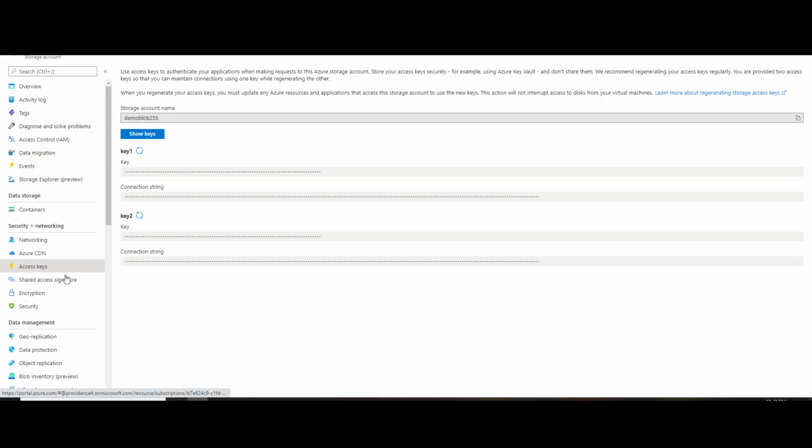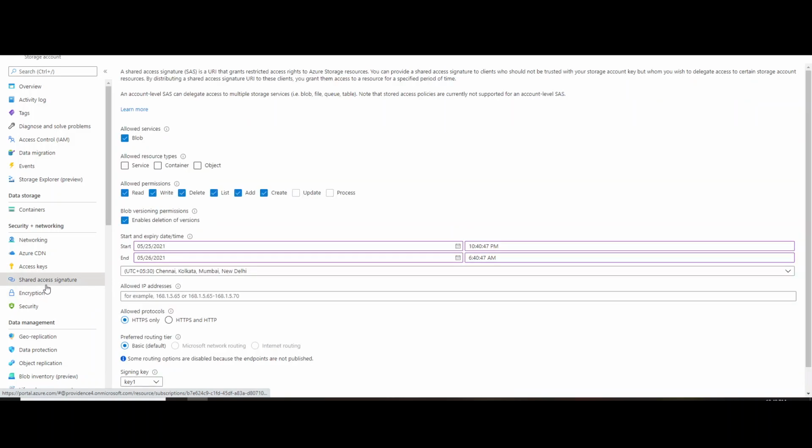If I select the access key option on the left side, you can see the storage account name and these keys. Using this connection string, you can see almost everything inside my storage account. You'll have full access to my storage account.